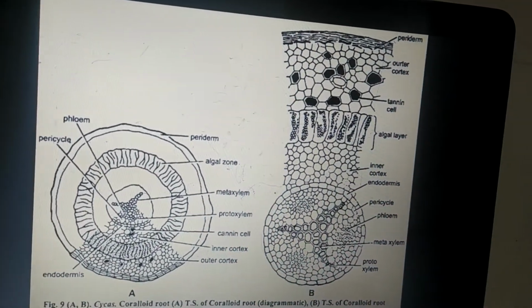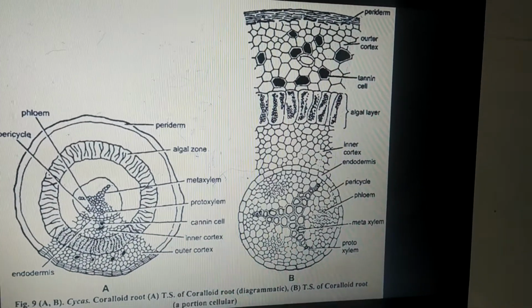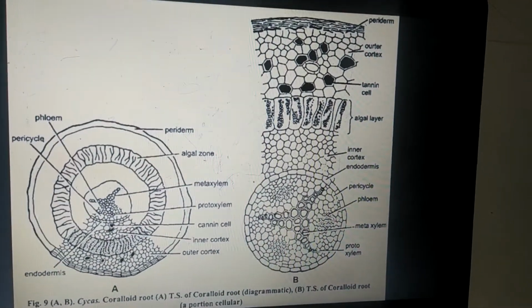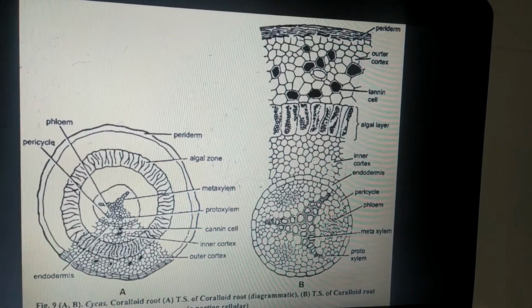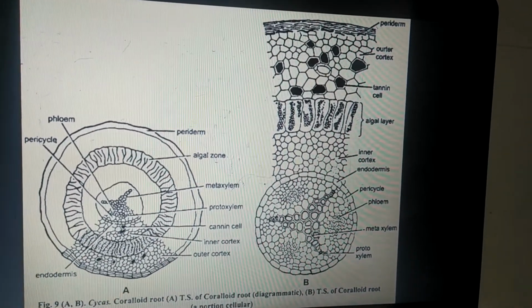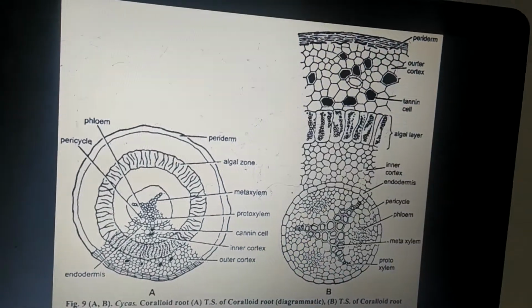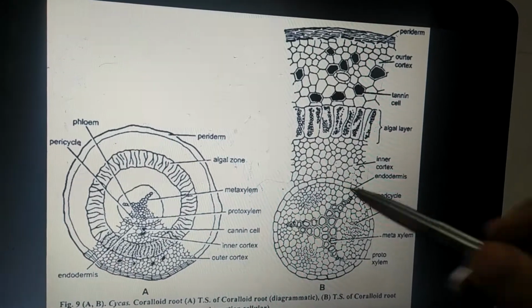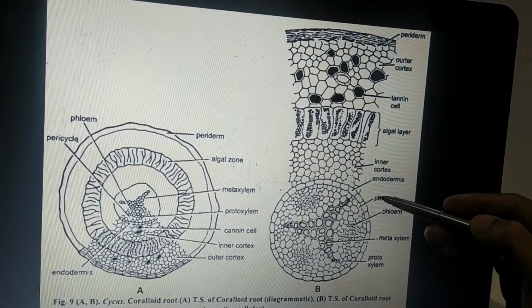The secondary growth has led to the formation of the outermost layer called the periderm, which consists of three different layers: cork, followed by cork cambium and the secondary cortex. The detailed description regarding this is in our secondary growth clip. All these three layers together form the periderm. Inner to the periderm is the cortex region.